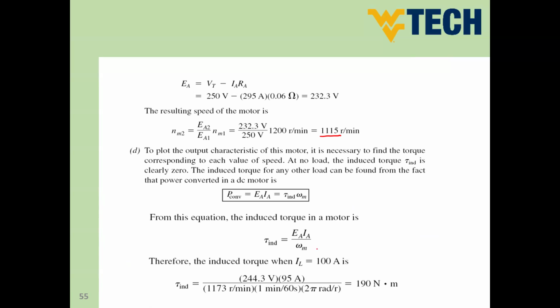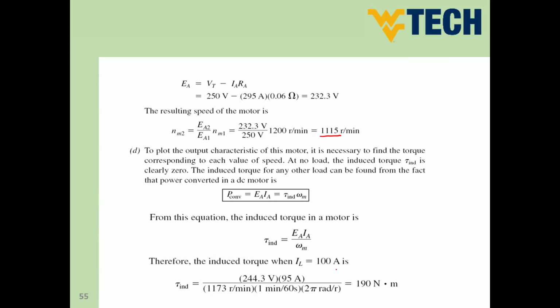So you can now use the different operating points. You have 3 operating points at 100 ampere, 200 ampere, and 300 amperes. At every operating point, you have the induced voltage, the armature current, and the motor speed. So simply you can get the torque in this case. This is the relation again here, guys: induced torque equals EA times IA divided by omega M, and substitute the different values, starting firstly with the 100